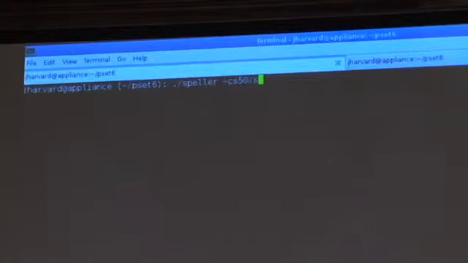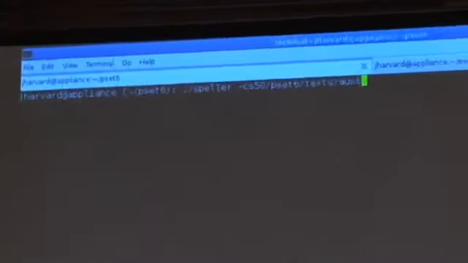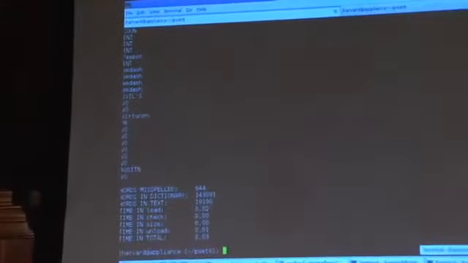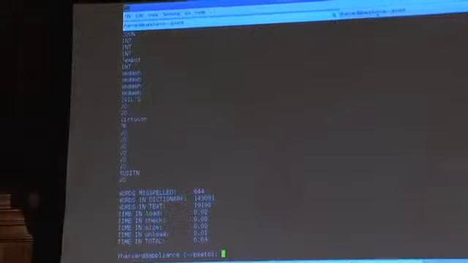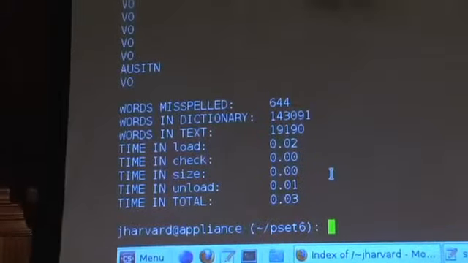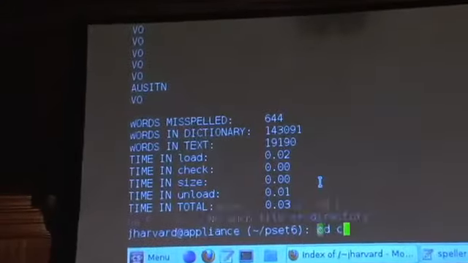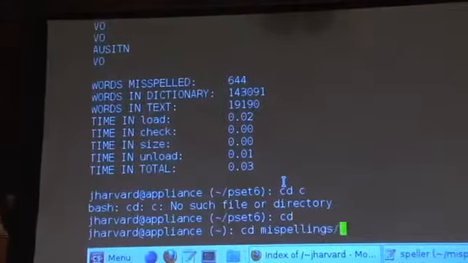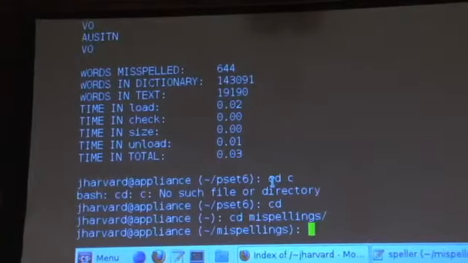Speller on cs50 pset6/texts/Austin Powers. Enter. Whew. OK, so I'll zoom in. This is before. Whoops. Oh, I ran it the same way. This is before. Sorry, this is after. 0.03 seconds. And now if we go back to our misspellings for just a second and run this again here,